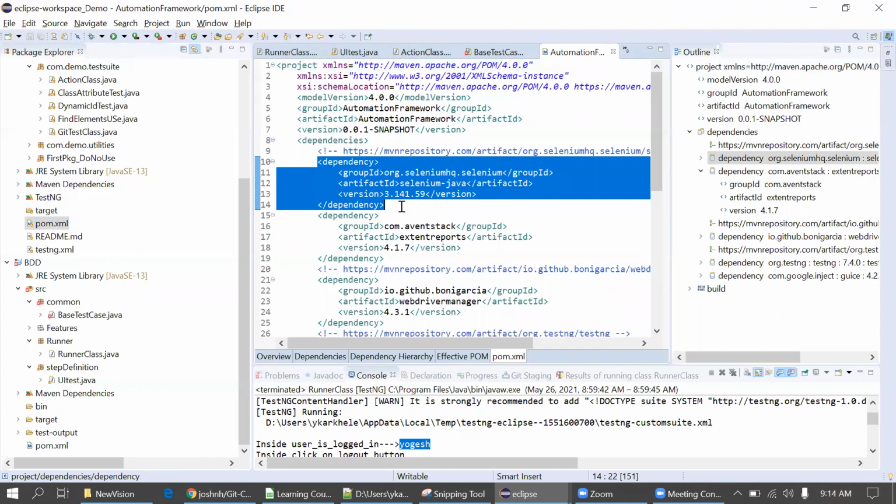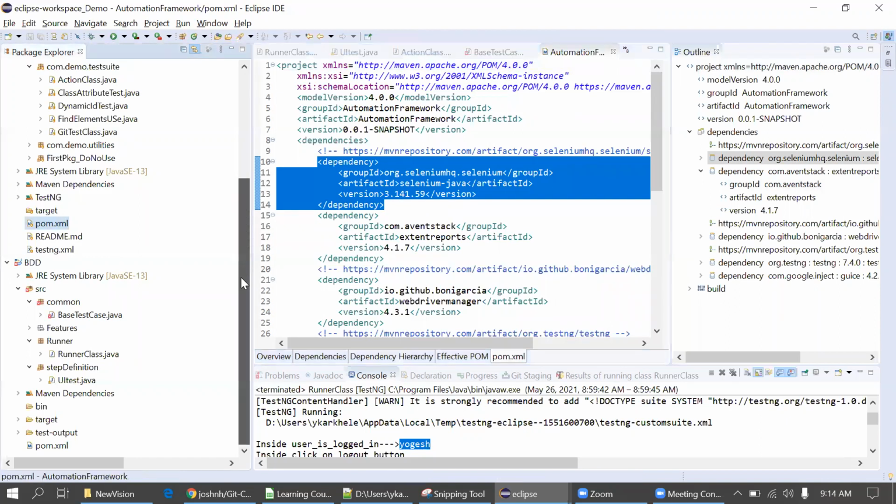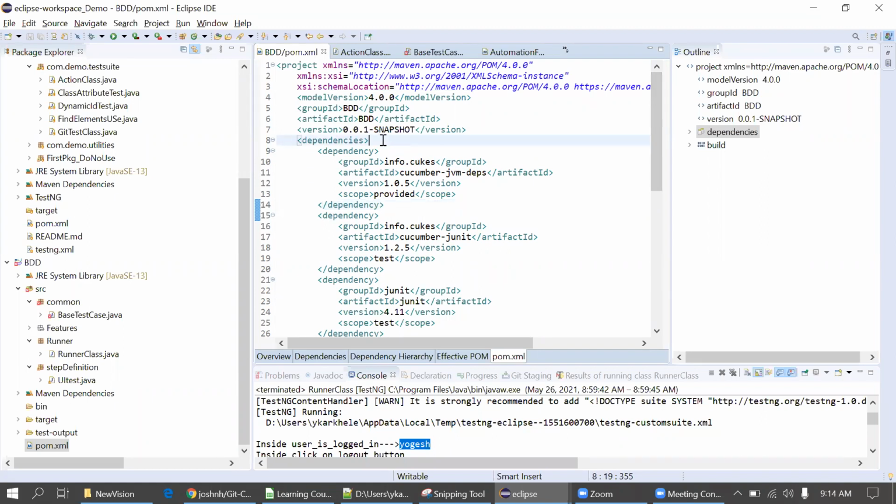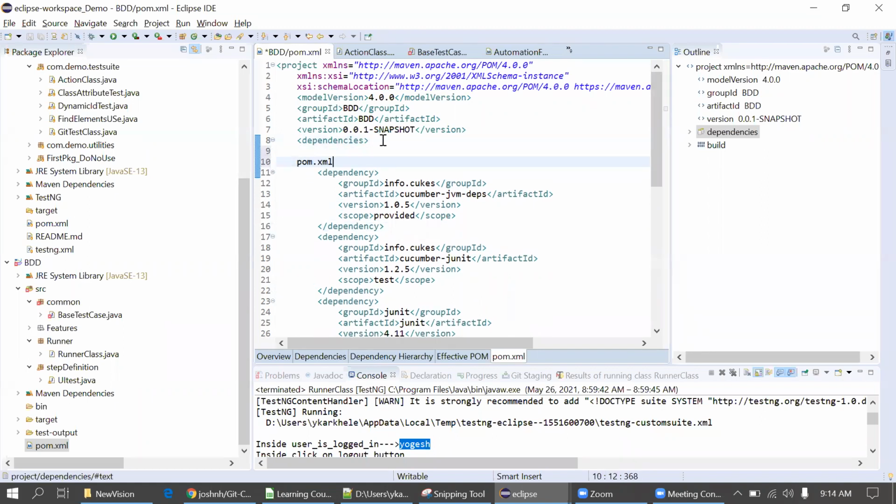While copying the dependencies, just make sure you copy only the dependencies which you need. I'm not sure if I added Selenium. No, I have not added it, so I'll add it here. Correct.